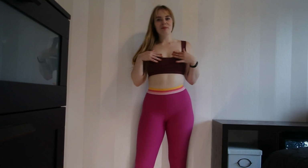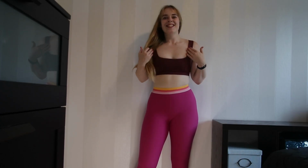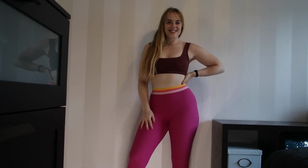So I'm waiting for them to add more coverage. I appreciate the cleavage, but it's not practical. And there's a lot of other brands that make straight neckline bras that I don't fall out of. So yeah, just waiting, maybe one day they'll make it with a little more coverage. Alright,